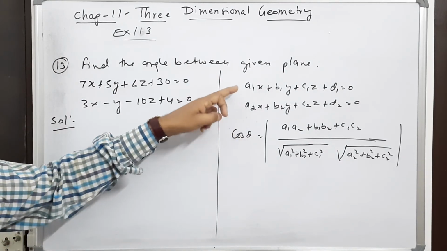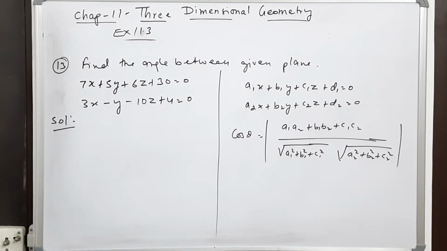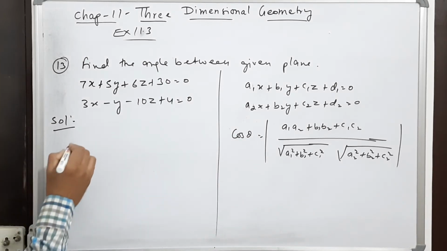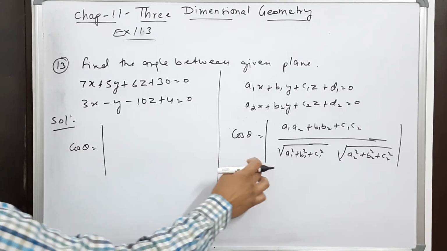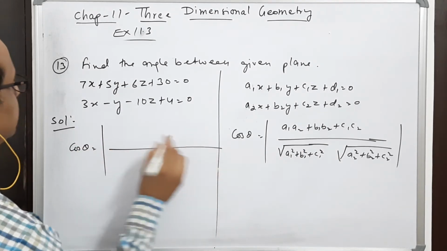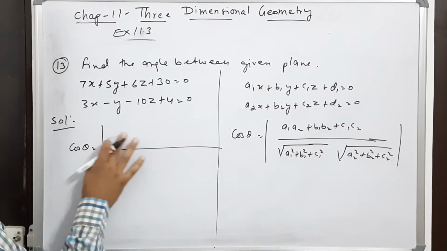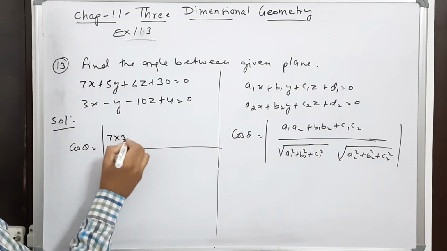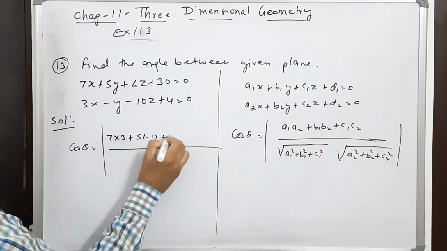And now you see, if suppose these are the two planes, then this is the formula to use to find the angle between the planes. So I am directly using the formula. This is a formula based problem. Now this absolute sign says that we will be able to find the acute angle. So you see, by using this formula, 7 into 3, it is 21. Let me write one more step here. 7 into 3, 5 into minus 1 plus 6